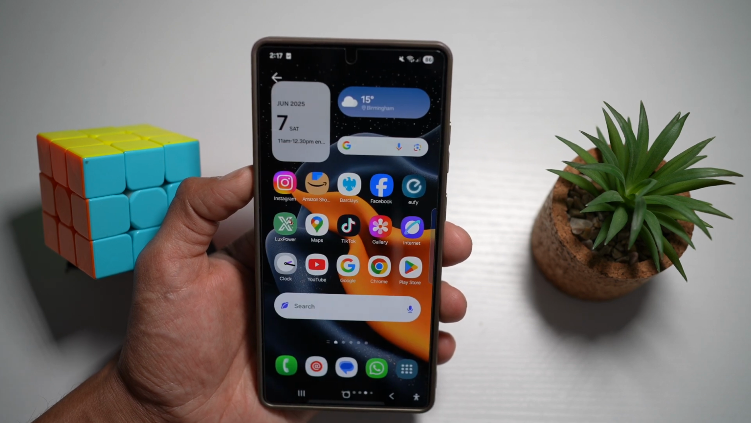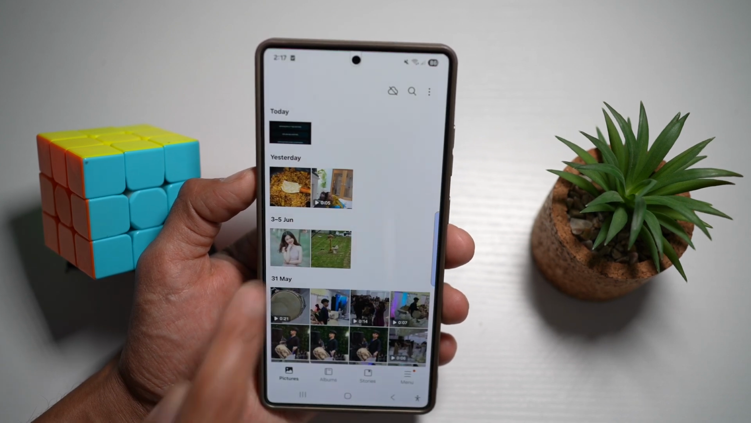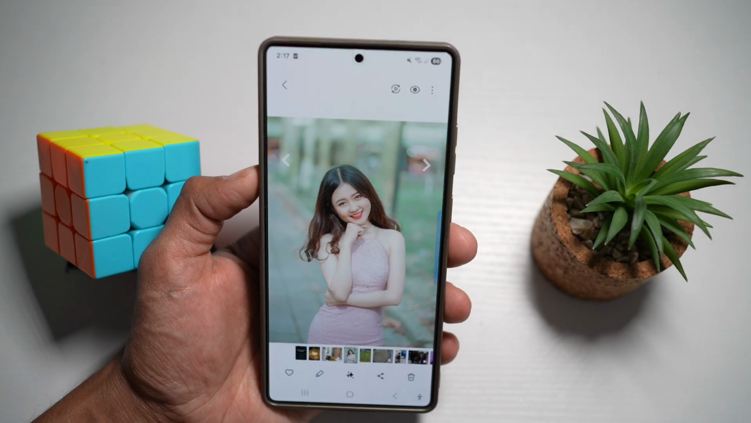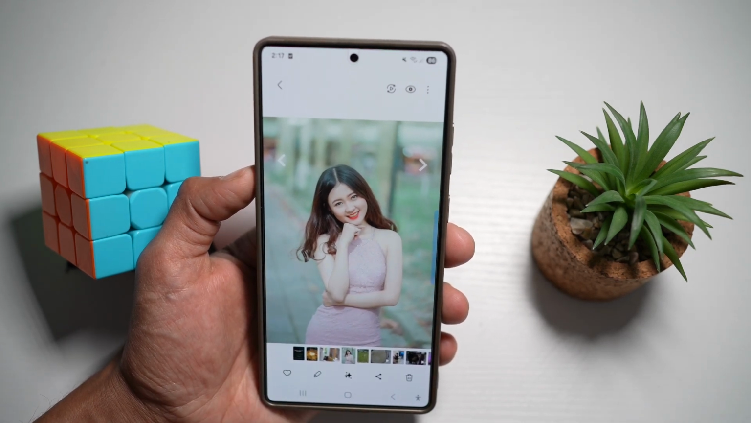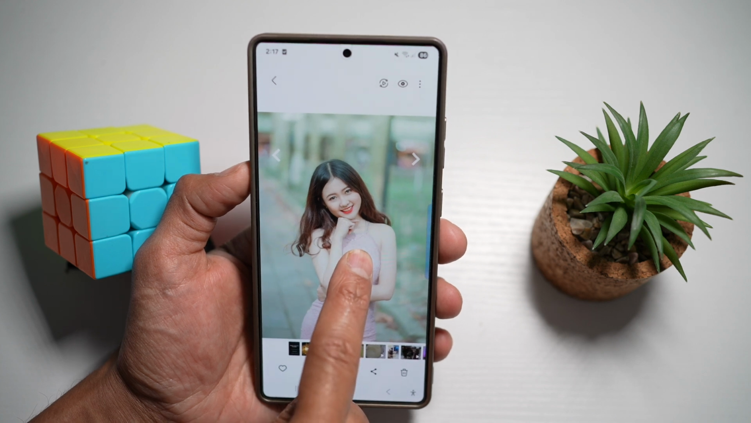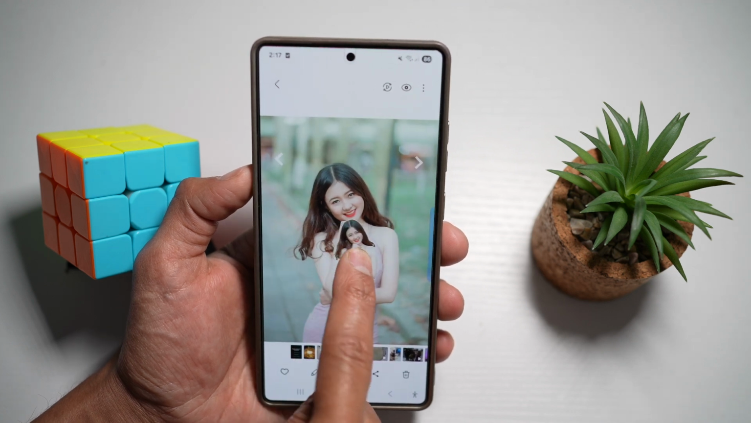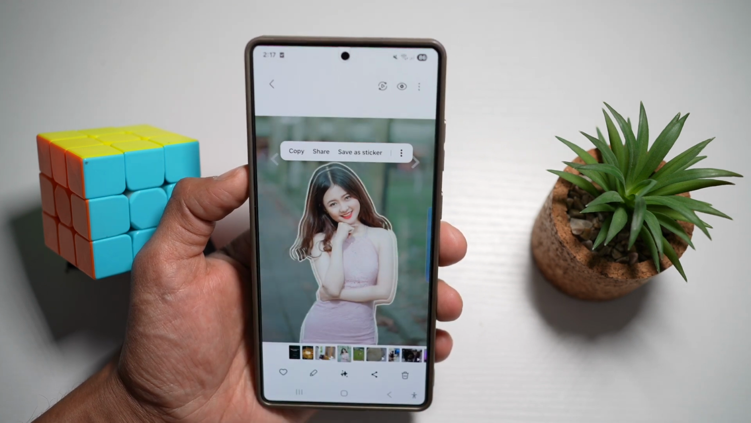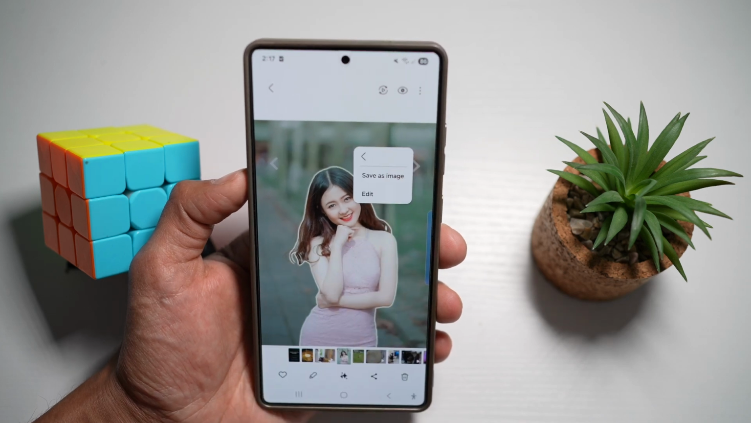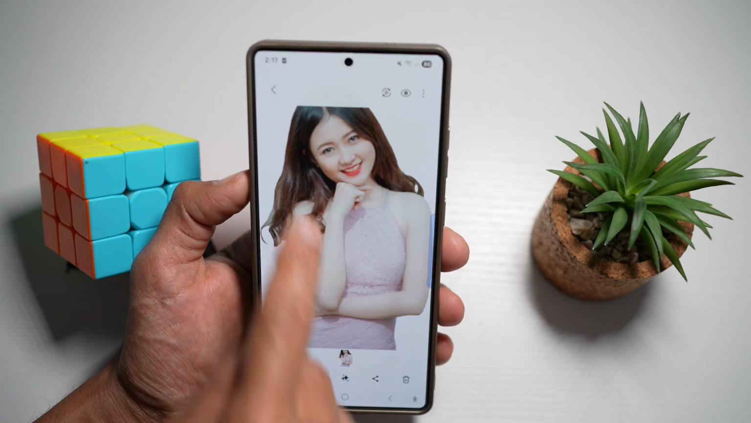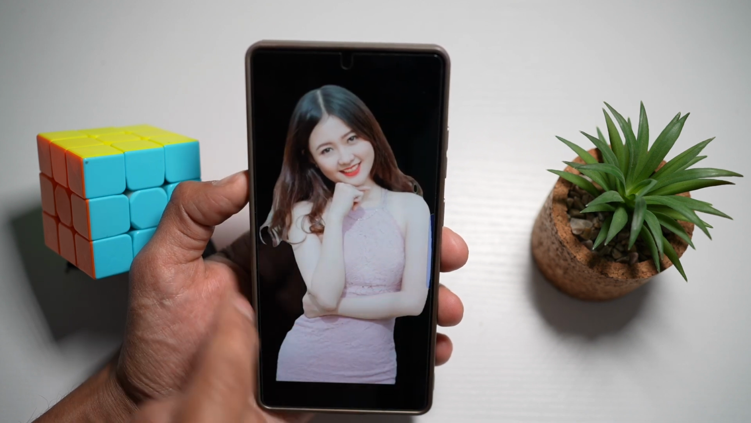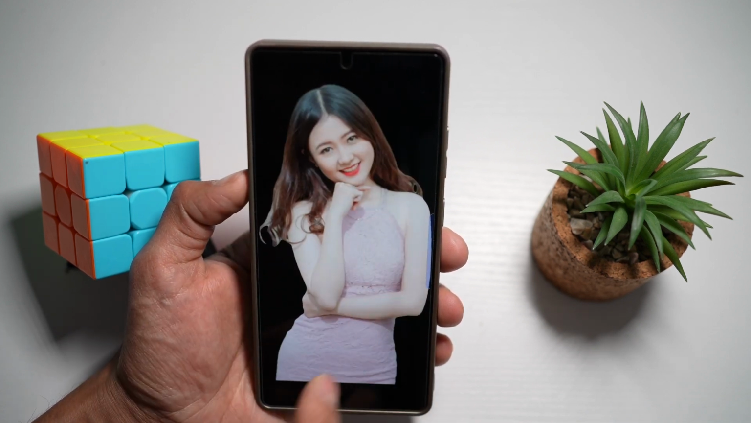Once that's done, press home, go to your gallery, and open up an image where you want to create the depth effect. For example, this one here, I'll long press on it. I just want to extract the image from the background. Next, I'll tap on the three dots and tap on save as an image. This will save it as a PNG